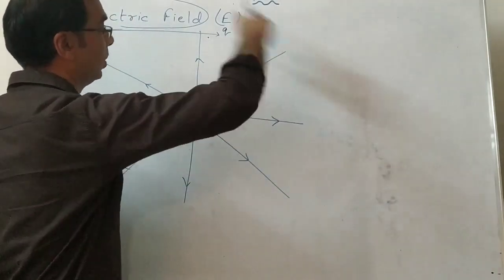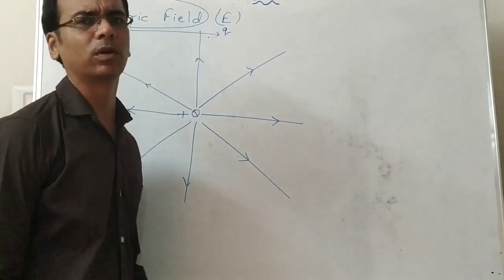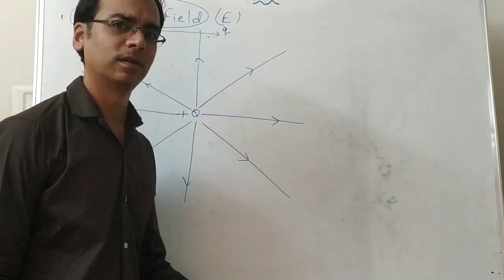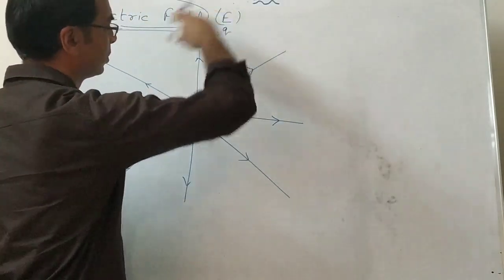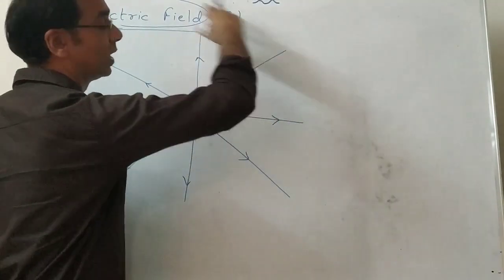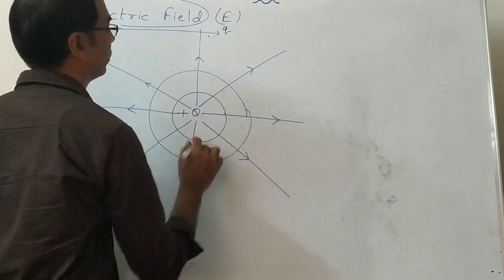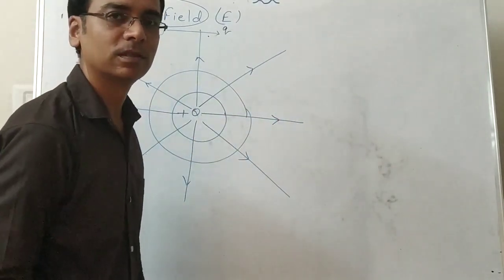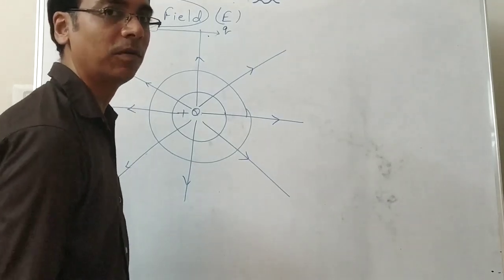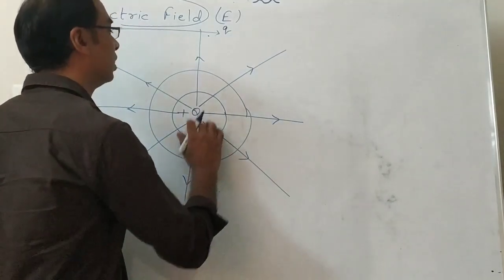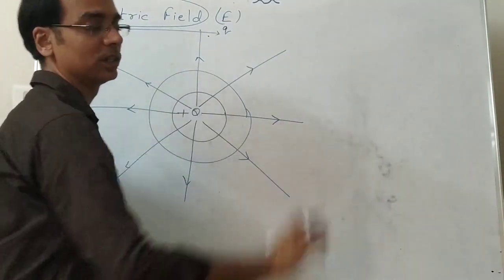So it will be going in which wavefront? Spherical wavefront. You know that light is also an electromagnetic wave only. In that one, what travels? Electric field. Remember? So it is the electric field only we are talking about. So how is the electric field moving? Due to the point source, it's going in spherical wavefronts, like this. So the direction of the electric field will be perpendicular to the wavefronts. Like ray optics, rays are always perpendicular to wavefronts, as we studied in wave optics. The same thing here: the direction of the electric field is always perpendicular to the wavefronts. And how are the wavefronts moving?